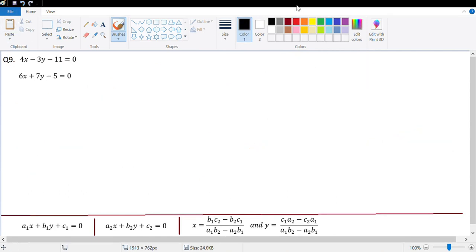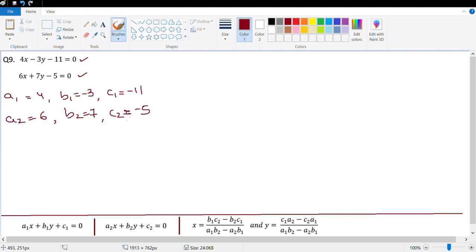The next question that we are doing now is question number 9. Both equations are given in the standard form already. So let's write A1, that's 4, B1, negative 3, C1, negative 11, A2, 6, B2, 7, C2, negative 5. Let's put it in the BCAB form. So negative 3, negative 11, 4, negative 3. For equation 2, B, C, A, B. Cross multiply,